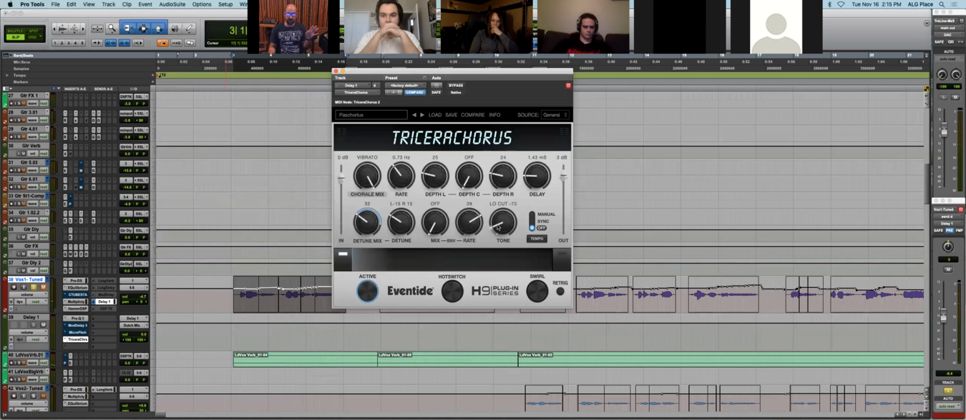Obviously, there's good filtration happening there on this plugin. Not all plugins let you dial something up that drastically, but